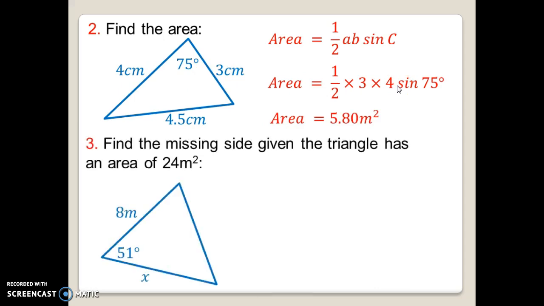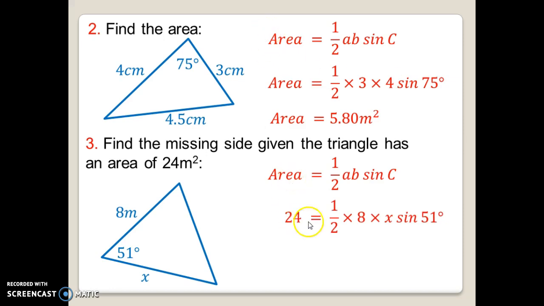The third kind of question you can be asked is if you're actually given the area and asked to find one of the sides, or you can actually be asked to find the angle as well. So whatever one it is, you just substitute in everything you can. So with the formula, just writing it down each time so you get to know it off by heart, and then putting in that the area is 24, one of the sides is 8, calling one of the other sides X or Y, whatever letter you want, depending if it's given to you or not, and then the angle is